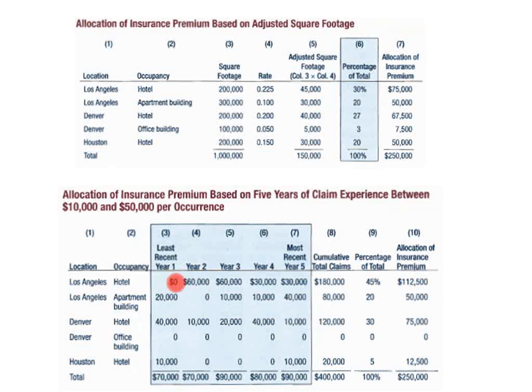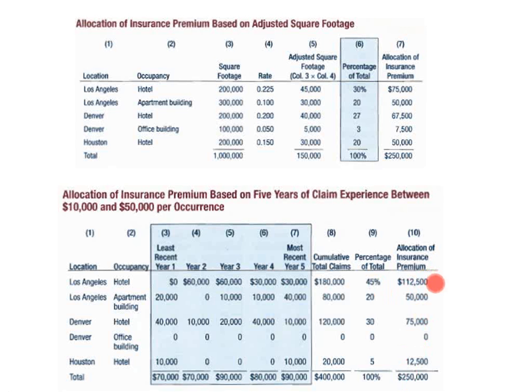So the first year, or at least recent year, we didn't have any losses. And then we had total, you can see the cumulative effect. Again, in this case, we still have $400,000 worth of losses over that 5-year time period. Okay? And as a percentage, we do percentage of total, what these things are, and then 20% times the 250, and we come up with the 50,000, 45. And so now you look at it and you go, wow, okay, the allocation of insurance premium is 112,500